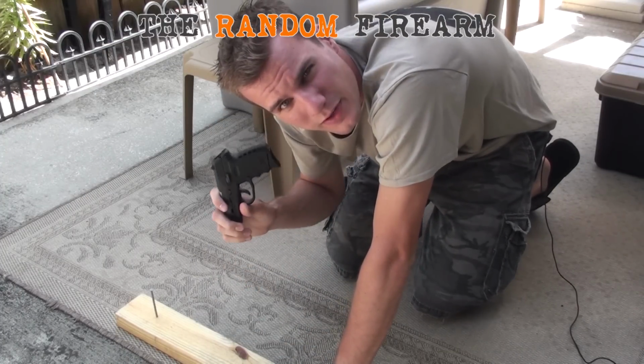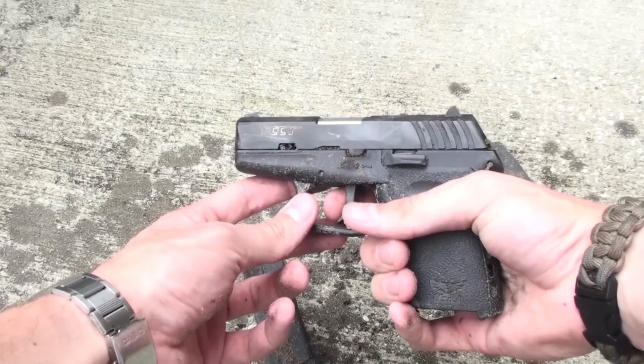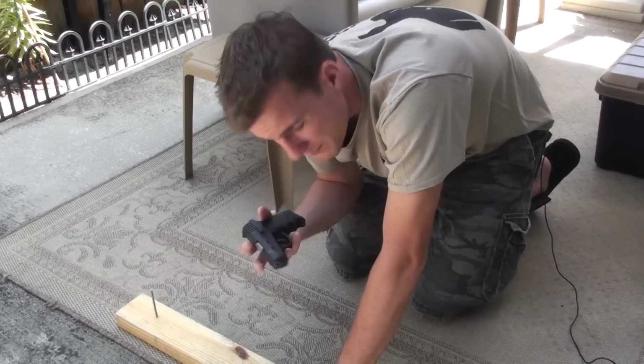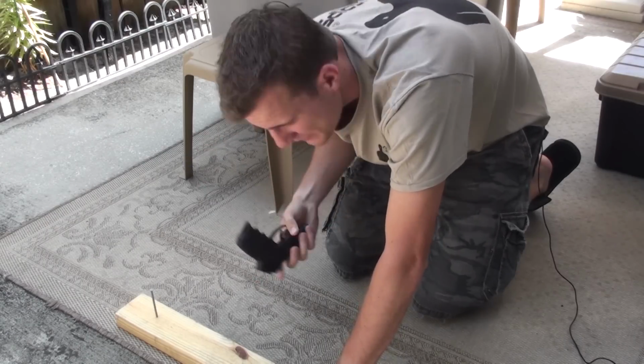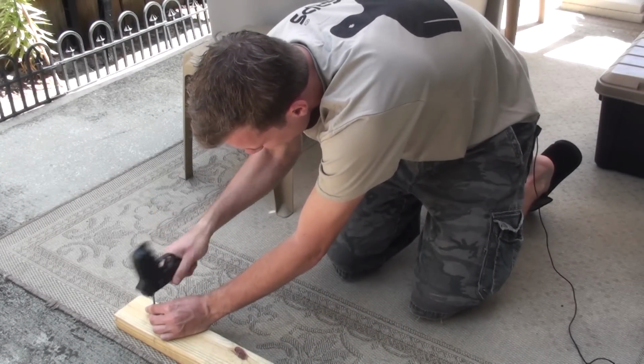You remember this Sccy CPX2, right? It was one that was buried for 2 weeks, then dug up after 2 weeks, then the trigger broke, then I tried to fix it and it didn't work. Well, it's back, and the trigger works. That's right, the Sccy CPX2 is back. The trigger works. Cool, it's a little gritty because it's still kind of dirty. But anyway, I do have more tests in store for this, but first I wanted to clear up some things